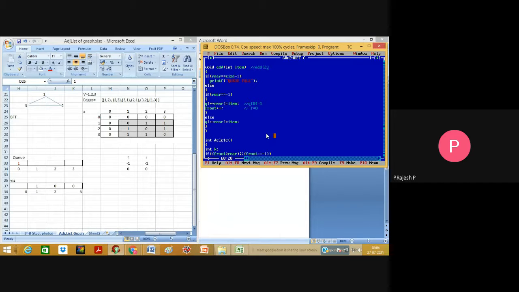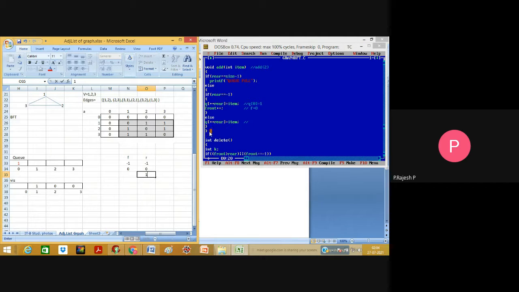So check it out: if rear double equals to size minus 1, no. Else if rear double equals to minus 1, no, that is also not. Go to the else part, so that means q of rear plus plus. So the rear has been incremented right now, so that it becomes 1.